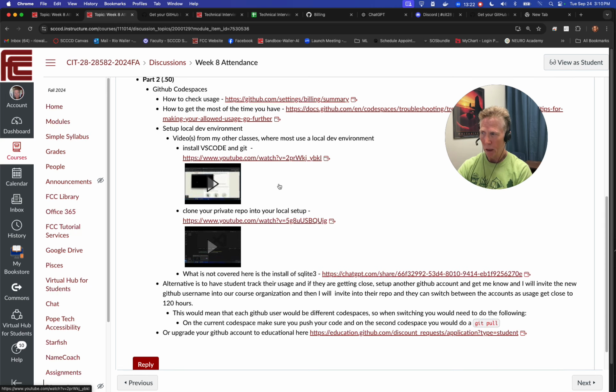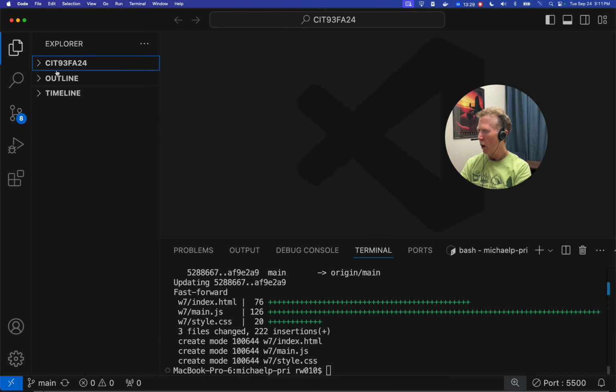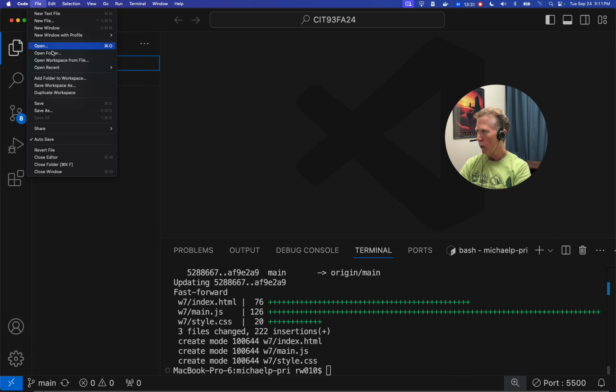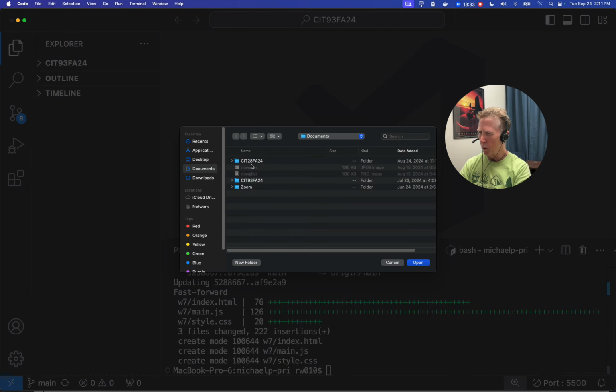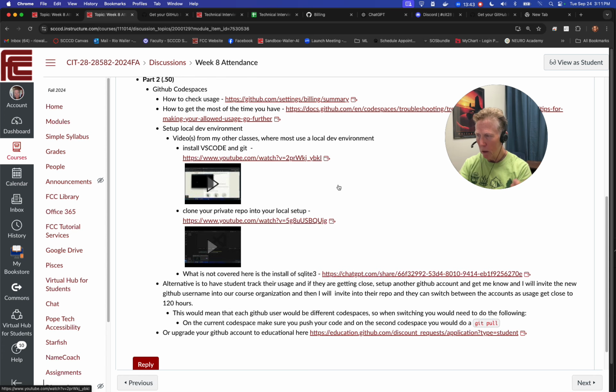I even talk in here about setting up a folder as an example. I'll just show you, like, here's my 82 or 93, right? So if I was to do a folder and open this up, you can see that I have a base folder, and then under that base folder, I have my 2 repos, okay? So, but for you, you wouldn't necessarily need to do that, but you would need to install VS Code,